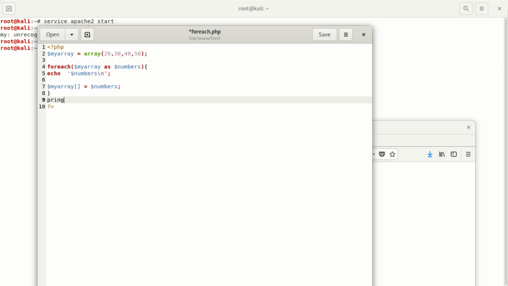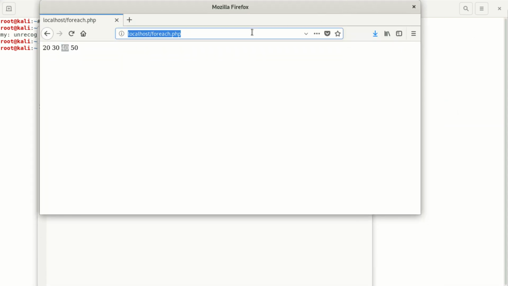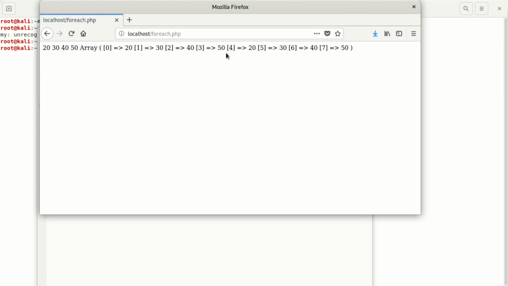You're gonna see the difference. Print underscore r, then you can see enter here, then you print your array. My array, gonna print my array here. After that you save. After saving that, you're gonna run. Yes, you can see here it prints the array,